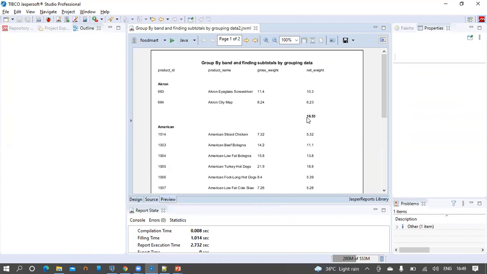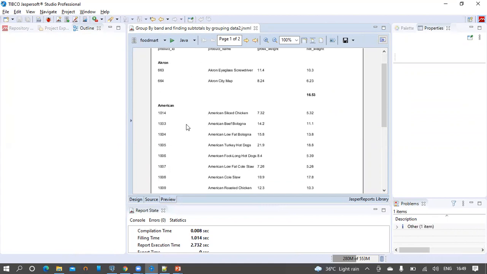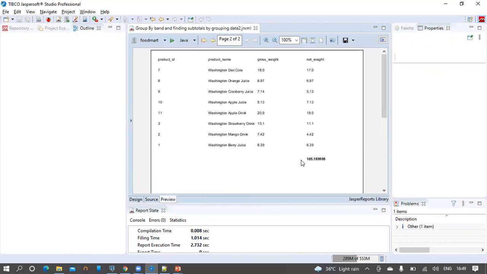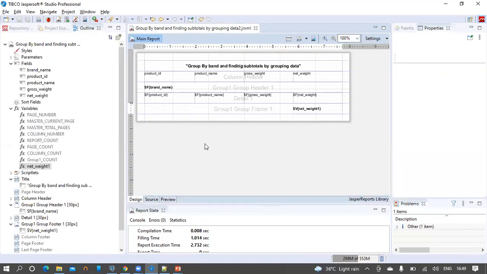For Akron, it is 16.53, and for the American brand, the subtotal is 150.54, and for Washington, in the next page, we can see the subtotal for the Washington brand type is 105.18. So this is how we can create a group and make use of a variable to get the subtotals of each group.